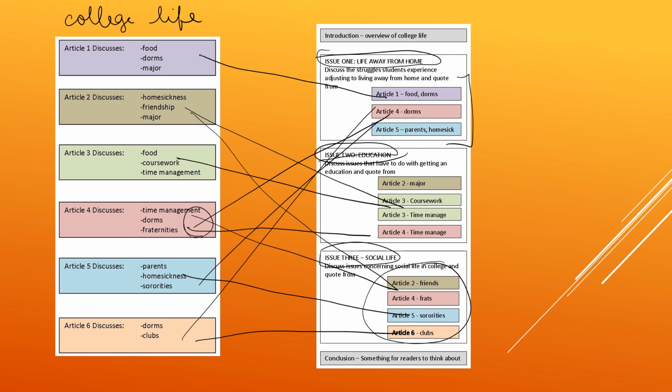Now it's important that you understand that this does not mean this is one paragraph. If this is like your major header number 1, then this one would probably have, I would say, at least 3 topics. One would be dorms, so you're going to have a paragraph about living in the dorms. Another would be food, so you'd have at least 1 paragraph about food, and then you'd have another paragraph about your parents and being homesick. That could be another topic, right? So this would be at least 3 paragraphs